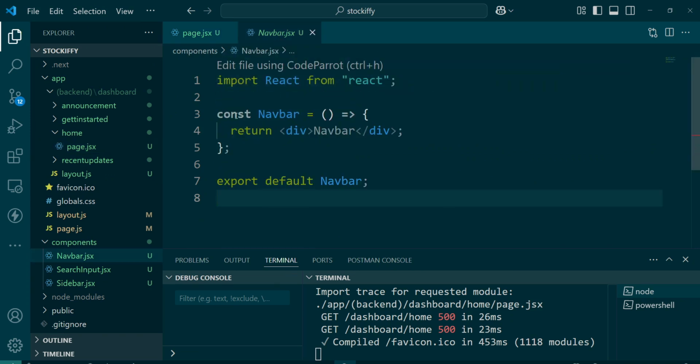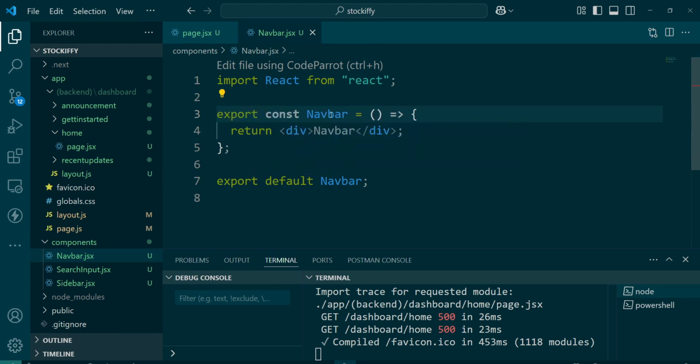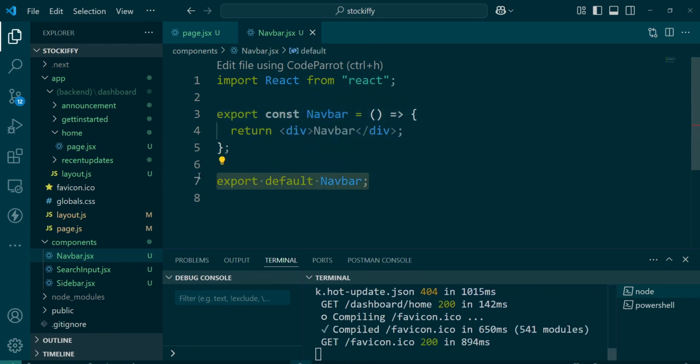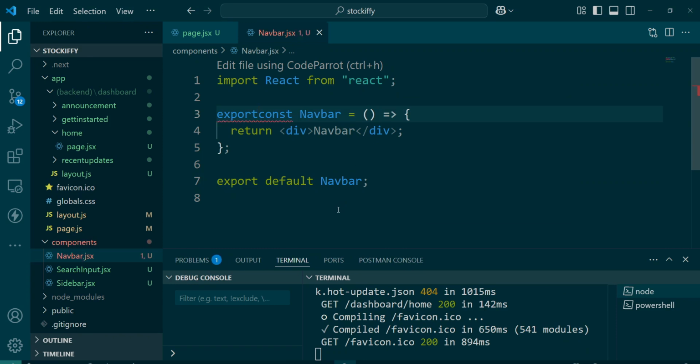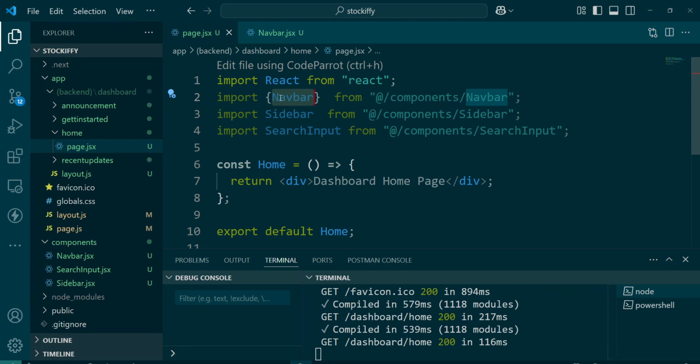Otherwise, if it was exported as export const navbar without the default part, we would have to put it in curly brackets for us to be able to use it. Okay, so now that we have imported all of this,